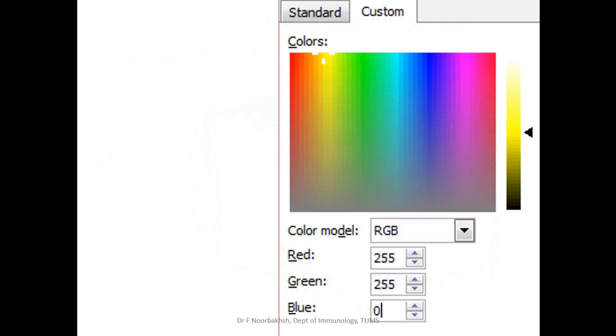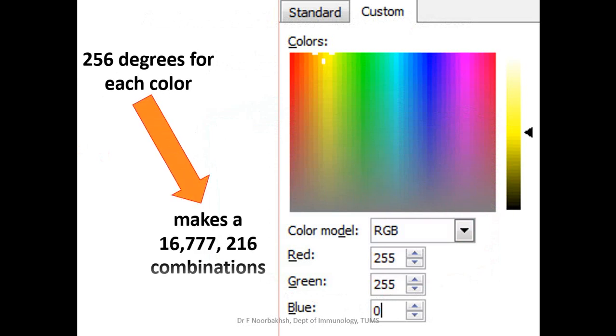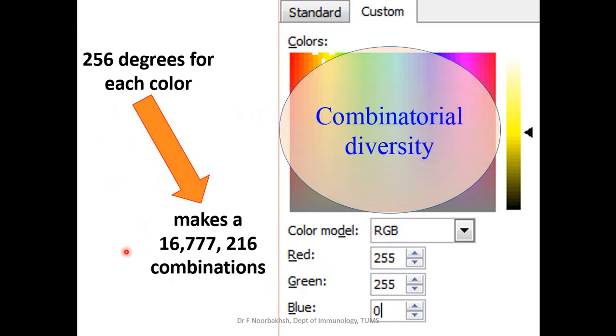If we look at the computer monitors that we have today, or the cell phone monitors, if we open one of these softwares that has a so-called color palette, we see that each of these colors has 256 different shades, and then you combine these different shades and you get millions, roughly 16 or 17 million different combinations. This is called combinatorial diversity, a diversity which is produced by combining